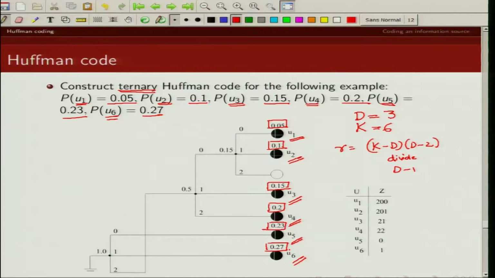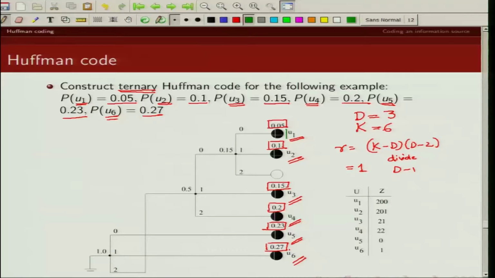So 3 divided by 2, remainder is 1. That means in this example I have one unused leaf. And remember that unused leaf has to be at the maximum depth. So in the first step, I only combine two vertices which have the least probabilities.